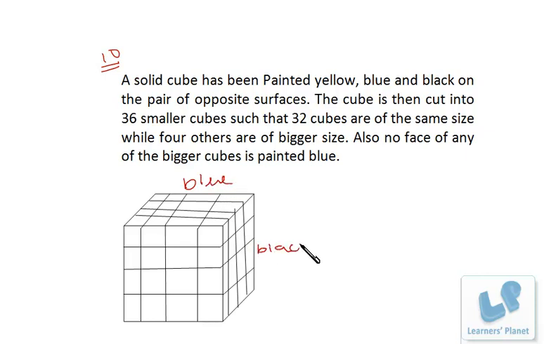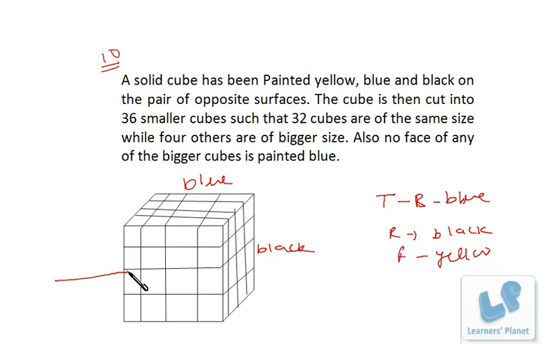this to be black, and this front face, this blue is top, this is black, top and bottom is blue, then this and this is black, right hand side is black and front face is yellow. Okay, this one and the back side, so this one is yellow. Okay, now the cube is then cut into 36 smaller cubes such that